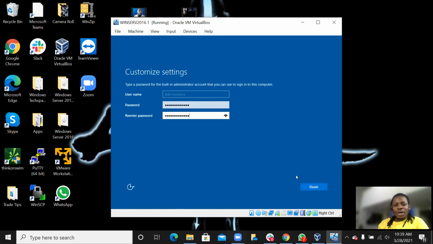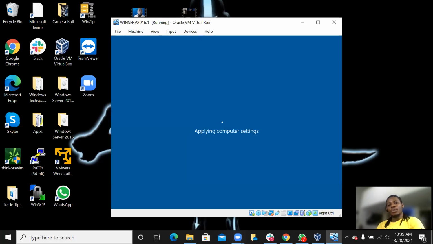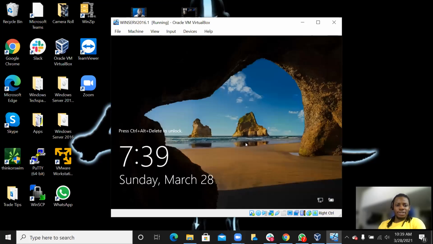So let's go further. Now that we've put the password, we're gonna click finish. Your machine is gonna boot up now to the lock screen. And guys, please, as I'm speaking, because today we're doing mostly practice. So if you have the pleasure, you can always take down notes. Because I don't have notes for this process, but I'll find a way to make a note and paste it